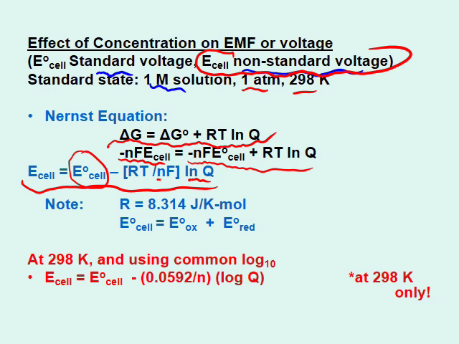R value is 8.314 joule per Kelvin per mole, the ideal gas constant. Again, to remind you, E0 cell is given by E0 oxidation plus E0 reduction, and you get these values from the appendix. In other words, these values are pretty well known for a lot of reactions. At 298 Kelvin,